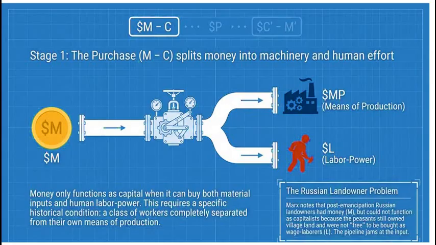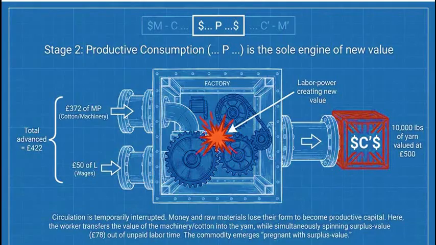Section 4, Stage 2, Production. We are now officially transitioning out of the public marketplace and stepping through the doors of the factory, where the actual creation happens. Let's move to and see how this builds into the second step, the P stage. Notice those dots before and after the P. As we mentioned, this indicates that market circulation has officially paused. The buying is over. Productive consumption has now begun.